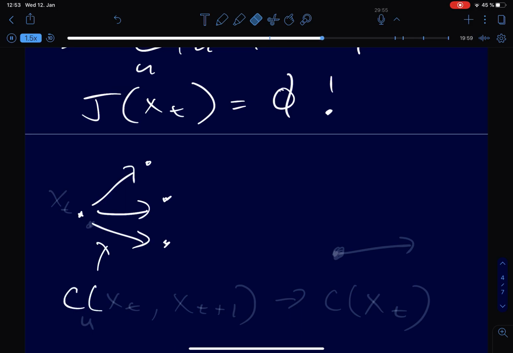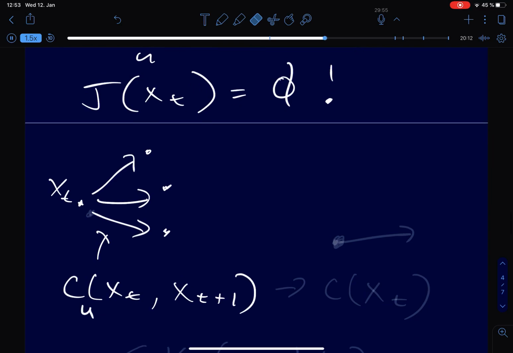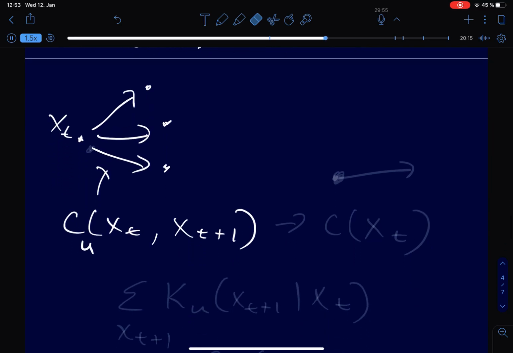So this is x of t, this is c of x of t, and x of t plus 1, right? Which edge is it, and which action was taken to get from state 1 to state 2. But it's equivalent to thinking about, okay, if we have a cost, we can imagine it being applied at the tail of this thing, right? And if that's the case, in this case where we only care about the cost as we leave a state, this becomes only a function of the initial state,